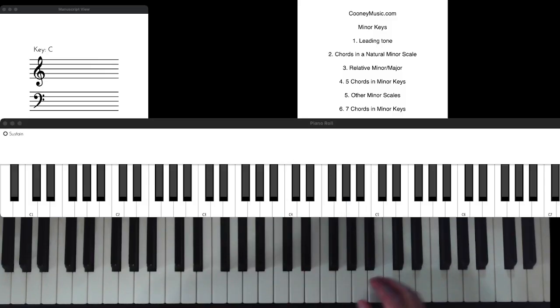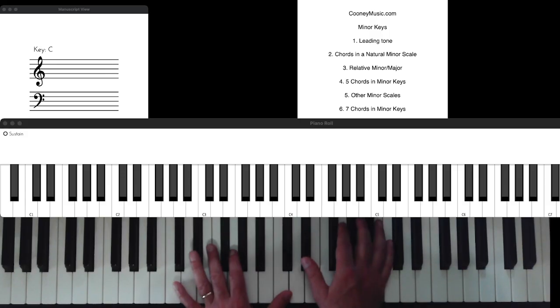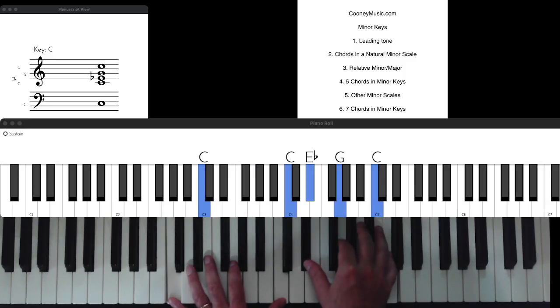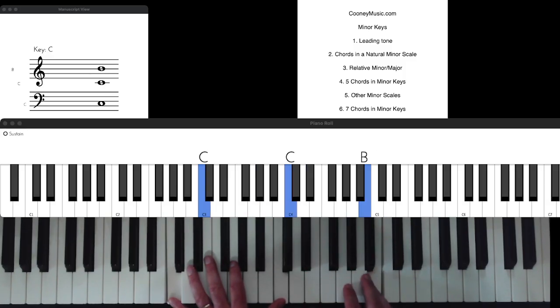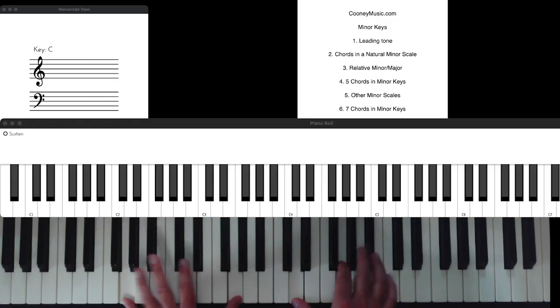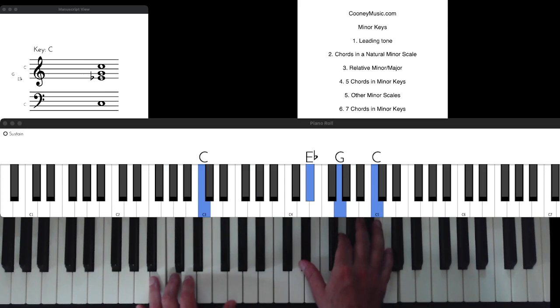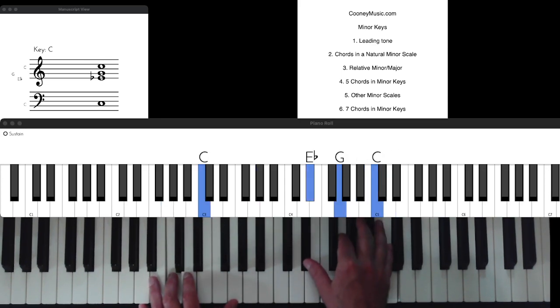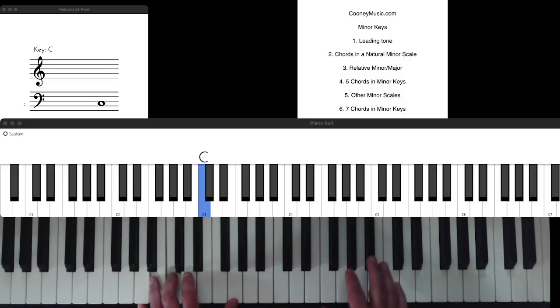So let's talk about this issue of the 5 chord in a minor key. It would be really hard to get the tonal sense of arriving at 1 from 5 to 1 if we didn't have that B in our 5 chord. If we just went G minor to C, it has a certain vibe to it. It's not awful in terms of the sense of leading to 1, but if we change that B flat back